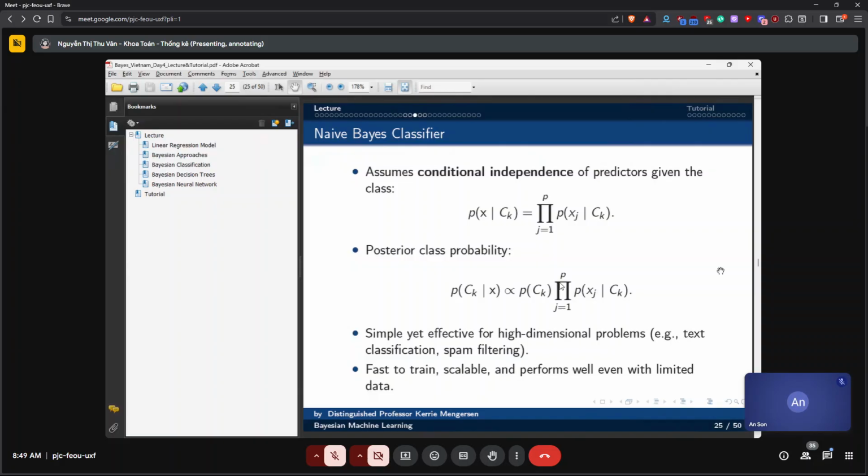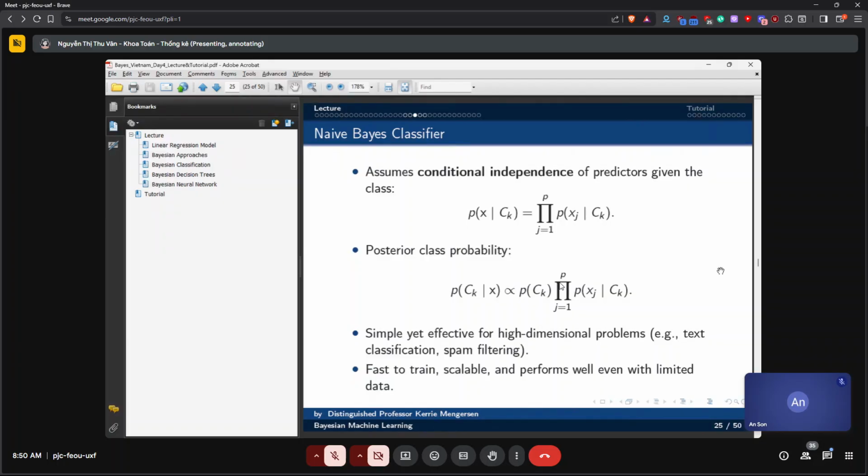And so the likelihood is going to be the probability of X given that class, which is the probability of each of the X's for the different predictors given that class. And so we can just multiply up those probabilities. So if I have, for example, age and income, I'll say, what's the probability of age given a particular class? What's the probability of income given a particular class?